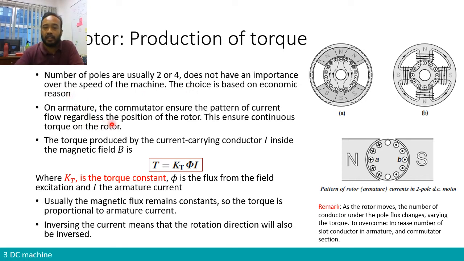But on the armature, what is important is to look at the commutator. In the armature, we have seen just now one of the most important components. Of course, the important component is the winding or the coil in which the current will circulate and react to the magnetic field, producing the force and the torque. But it is very important to look at the commutator, because it's the commutator that ensures that the current is delivered in a constant form, in a certain pattern,